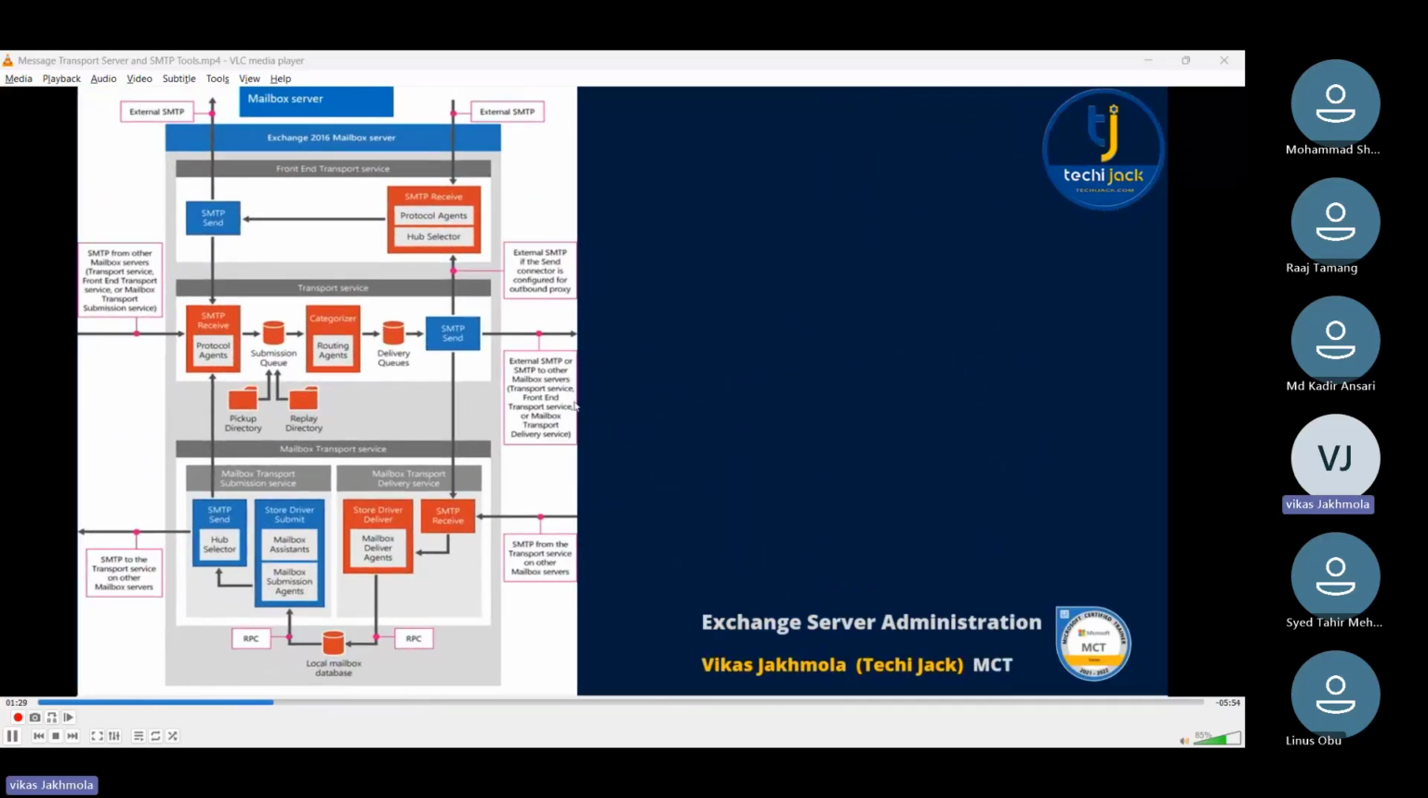If you see the picture, you can see the front-end transport service on the Exchange mailbox server. This is the front-end transport service. You can see the transport service and then mailbox transport service. Let me try to break this picture according to the service. Basically, the main thing is there. You are not going to see most of the parts there, but it's an overview of how things are